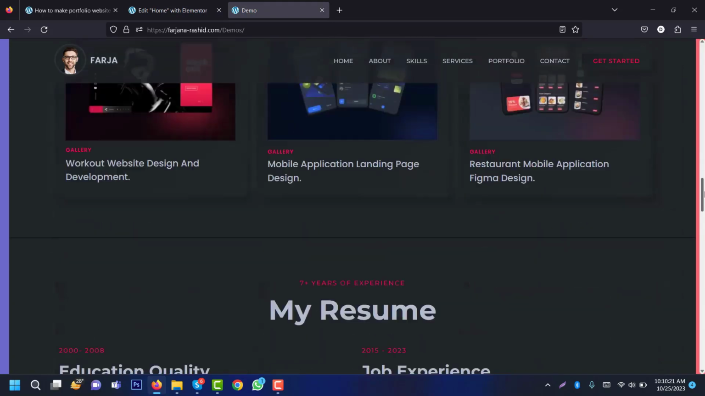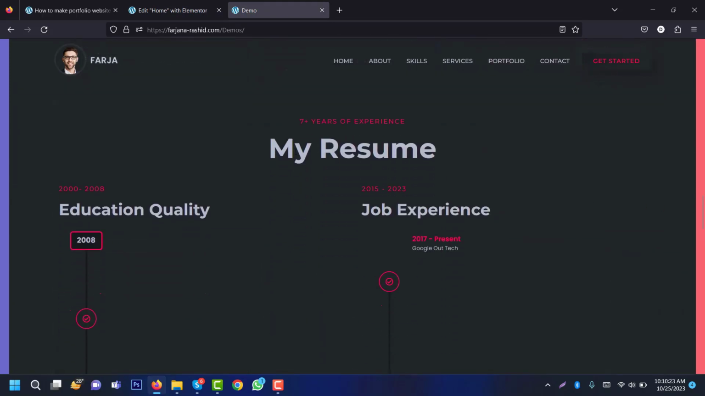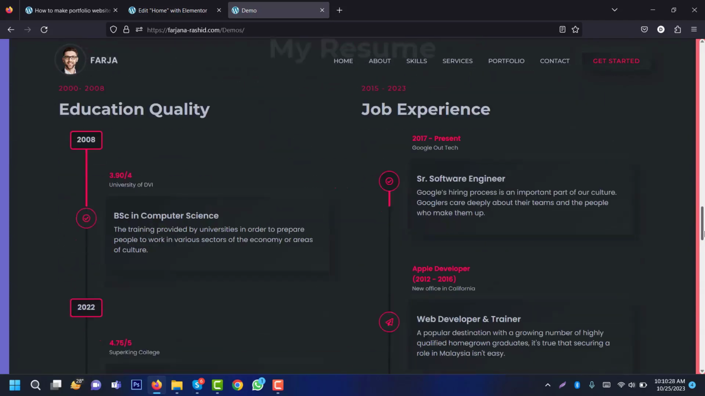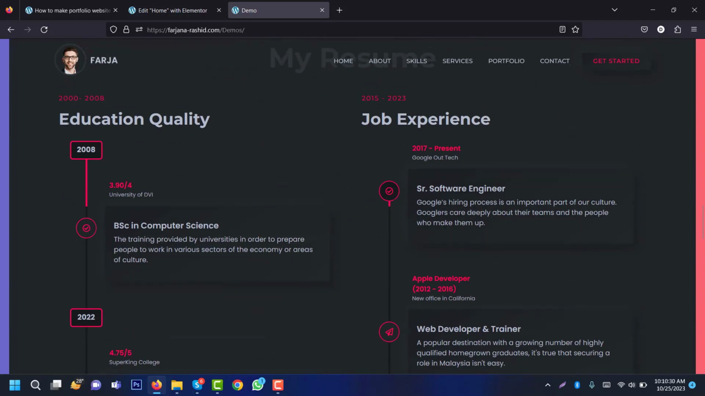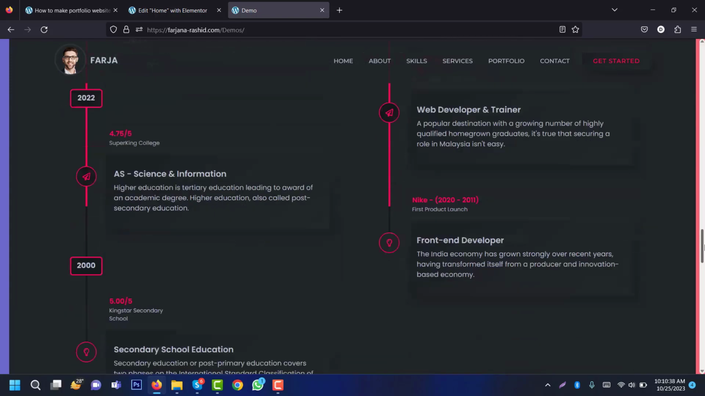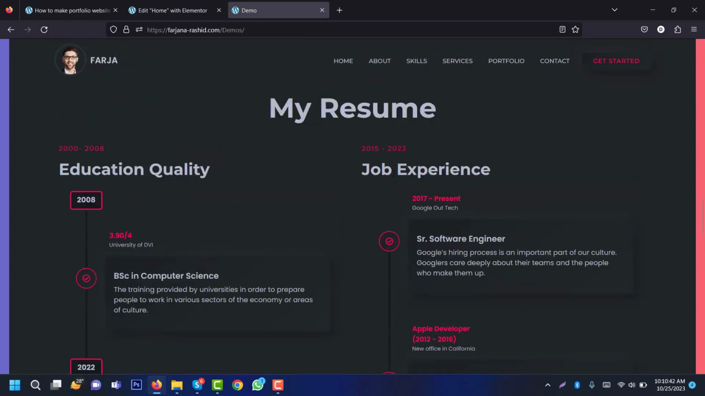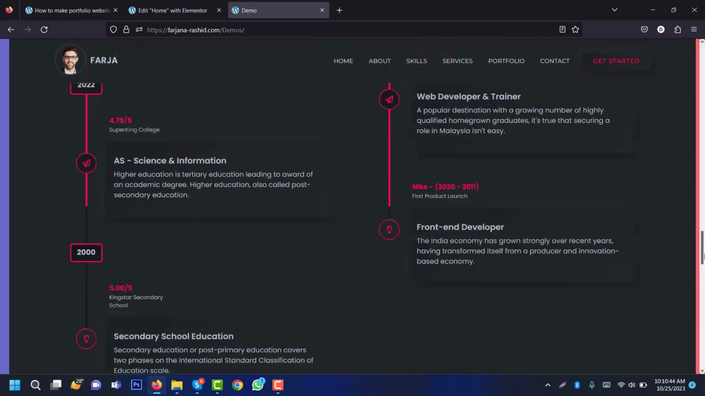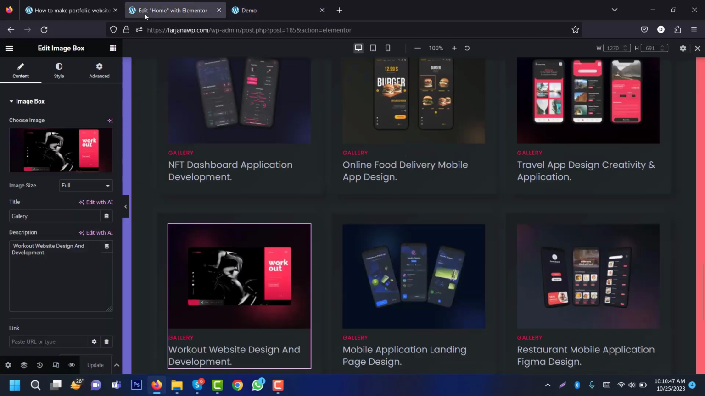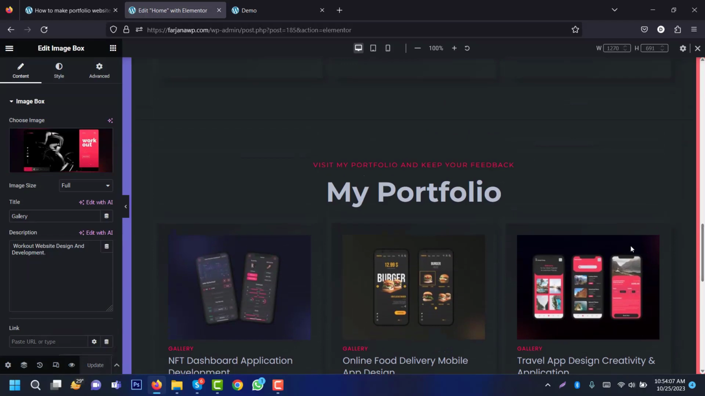So after portfolio, if I go here, here is the resume or experience section. So in the left side we can add our education qualification or the background, and on the right side here is the job experience list. So let's go ahead. First of all, going to duplicate this section,